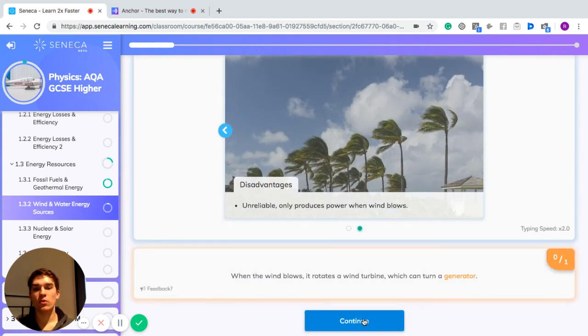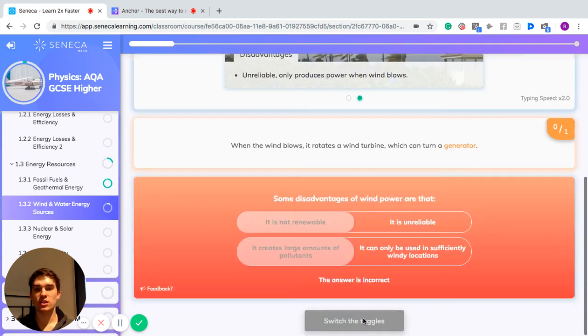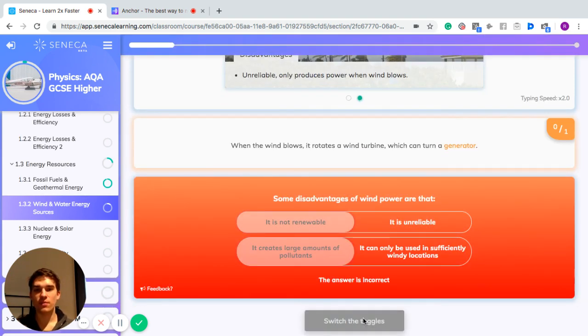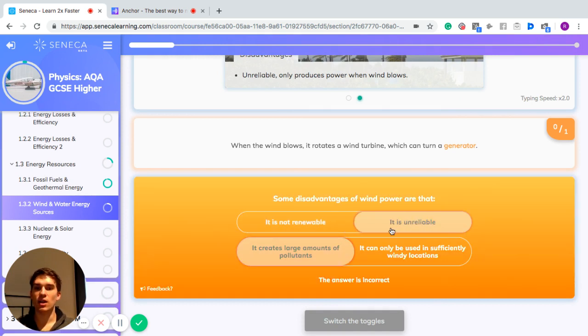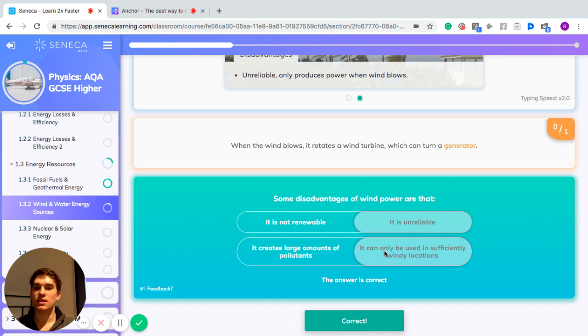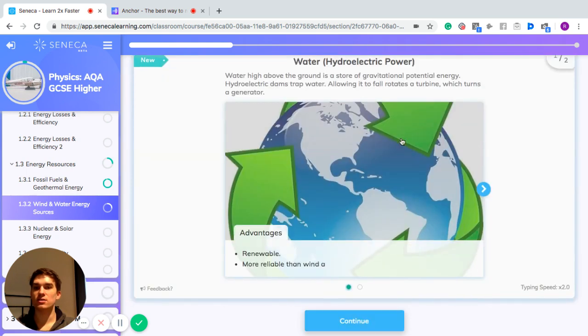So when the wind blows, it rotates a wind turbine, which can then turn the generator. And remember, those disadvantages of wind power are that it is unreliable and it can only be used in sufficiently windy locations. Now, water or hydroelectric power